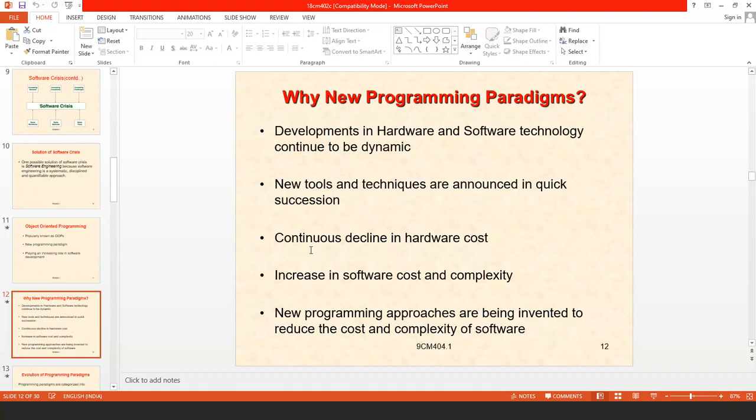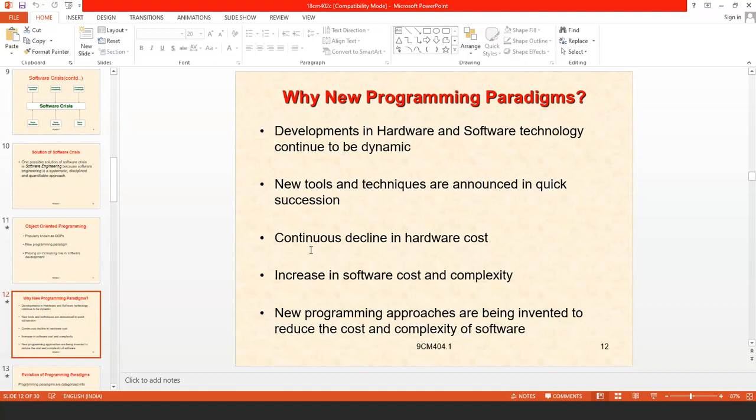an increase in software cost and complexity. Of course, the complexity of the software is increasing very much. That's why we need to go for a new programming paradigm. And new programming approaches are being invented to reduce the cost and complexity of software. That's why we require these new programming approaches.